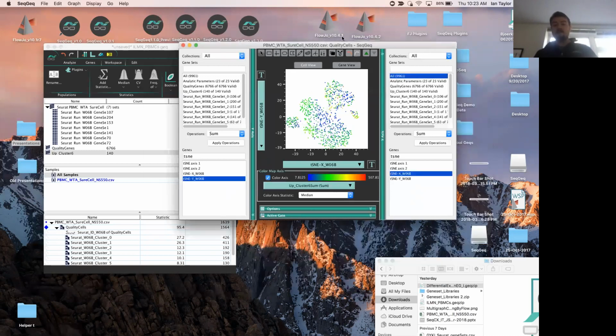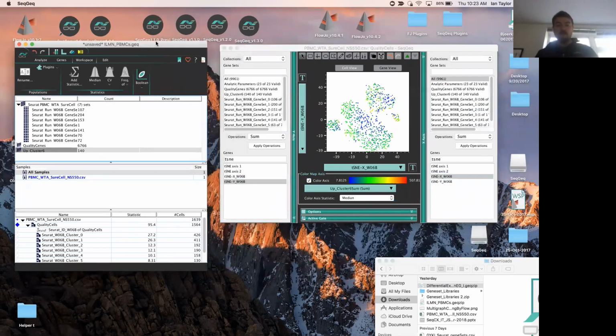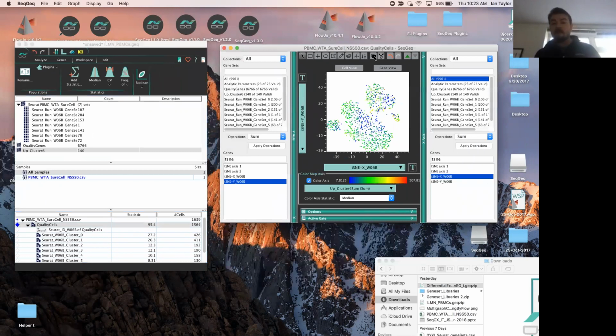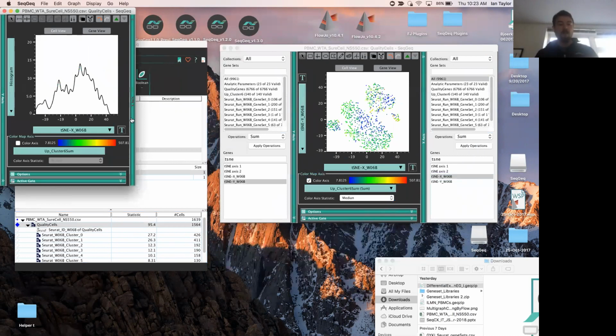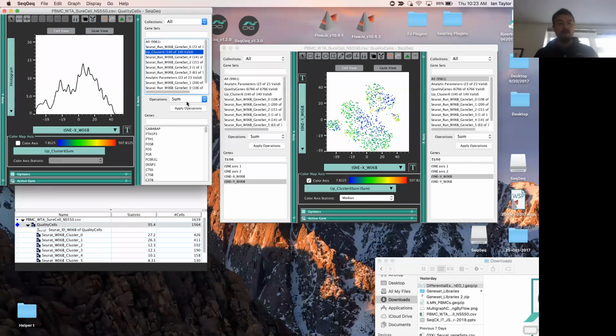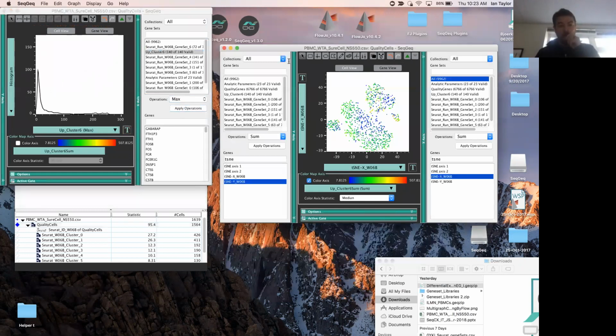Something else we could do if we wanted to make this a little bit clearer, we might adjust the scaling of our tertiary parameter. And in order to do that, I'm going to duplicate this window and look at just a histogram of that parameter. And you can see that everything is sort of smashed against the axis currently. I could try using a different statistic to view that parameter. If I click apply operations, we should be able to see